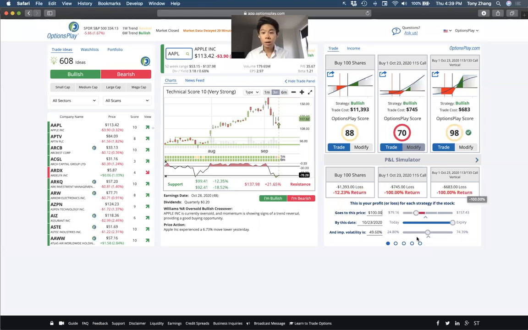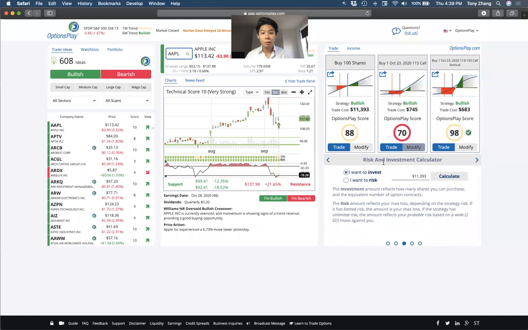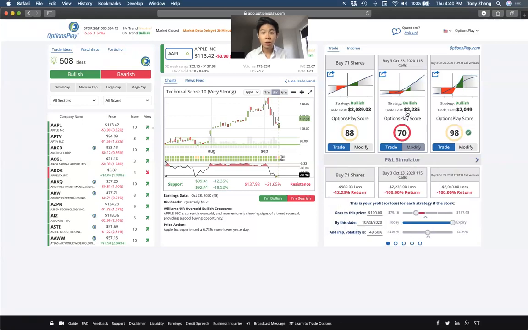Now, this is for one contract. You can use our risk and investment calculator and actually enter the amount that you're willing to risk. So let's say you're willing to risk $2,500. Maybe you have a $150,000 or $200,000 portfolio, and you're trying to risk 1 to 2% of your account. So you say, okay, I'm willing to risk $2,500 on this trade. You can use our risk and investment calculator. It will actually calculate the number of appropriate contracts for you, so that you stay within your risk